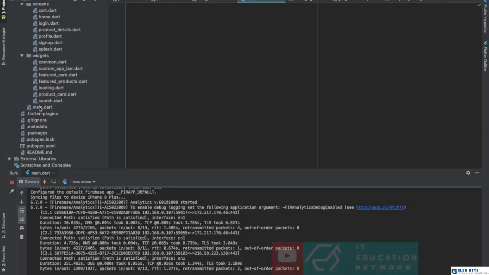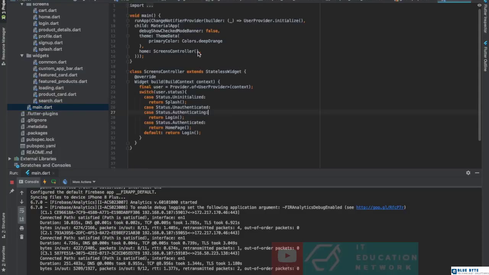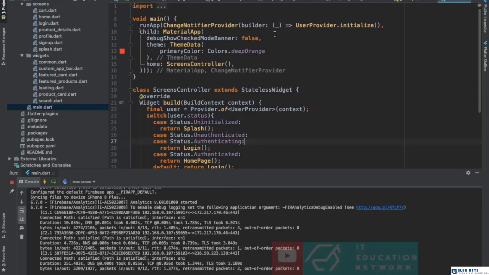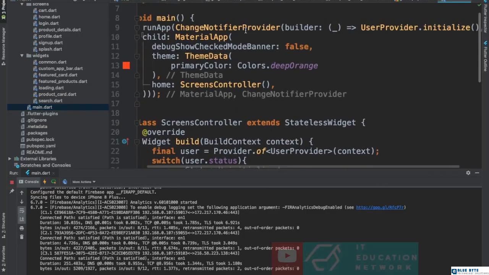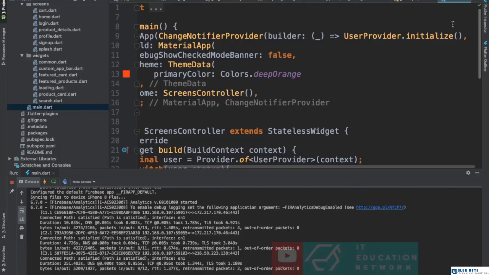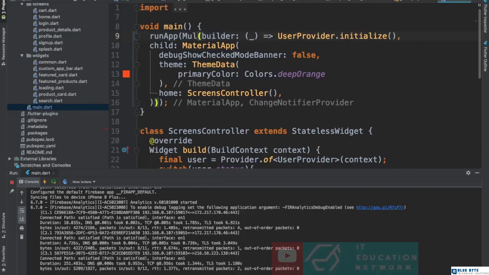Okay, done. Every single time you create a provider, the very first thing you will want to do is go to your main file. Okay, here we are using change notifier provider. That's not what we want. So, okay, I don't have to remove it. I can just change it to